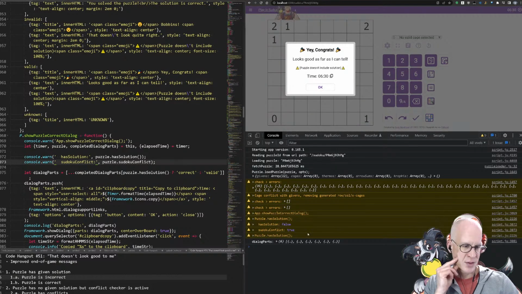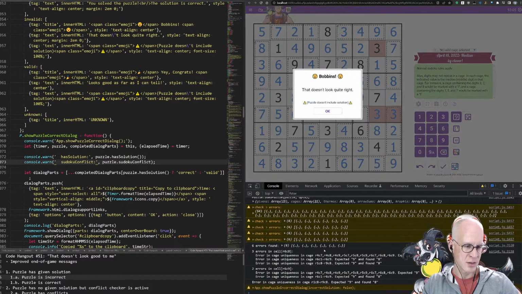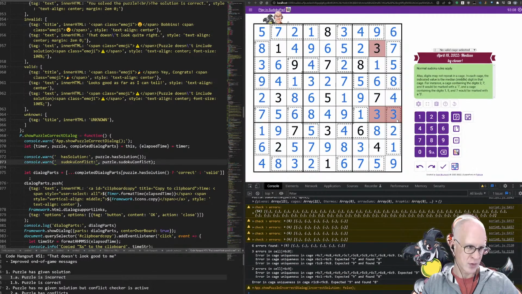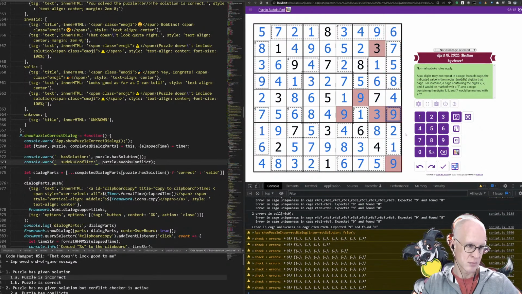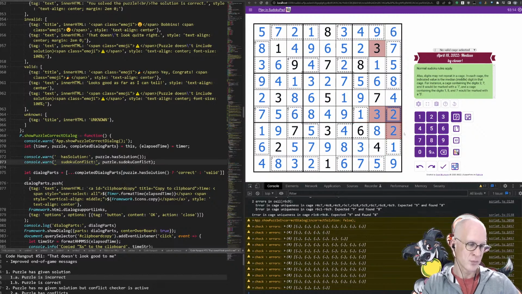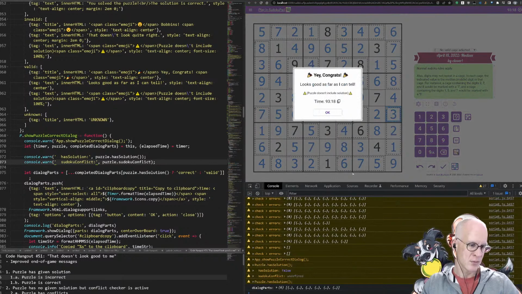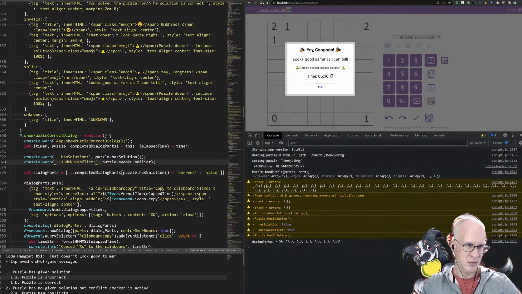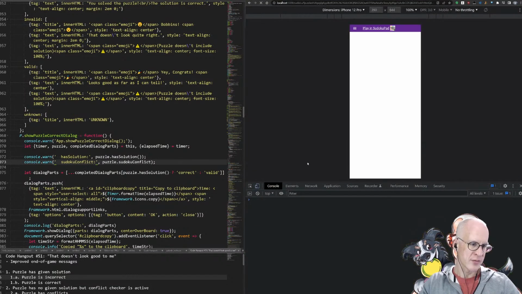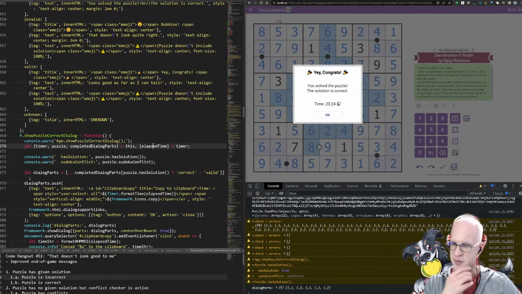Now I press this and it says Sudoku conflict true. And then we look at this one and we check and it's not quite right. Wait, what's this supposed to be? If I check here, Sudoku conflict is undefined. And if I check on this one, Sudoku conflict is undefined.